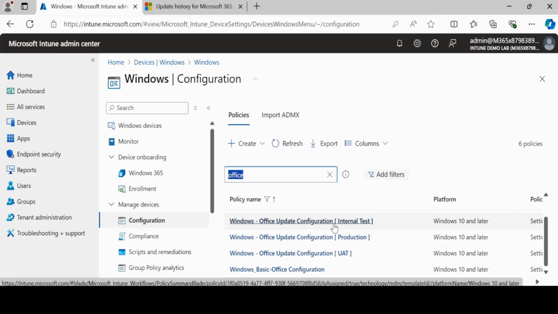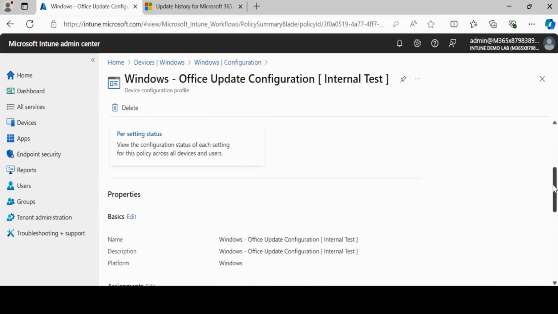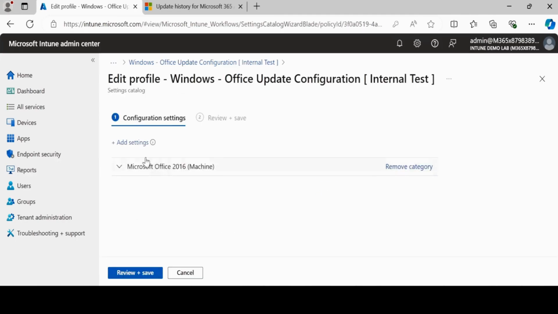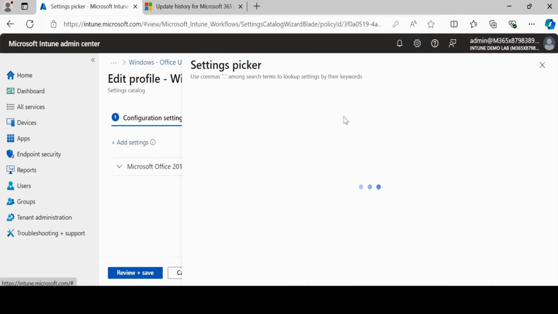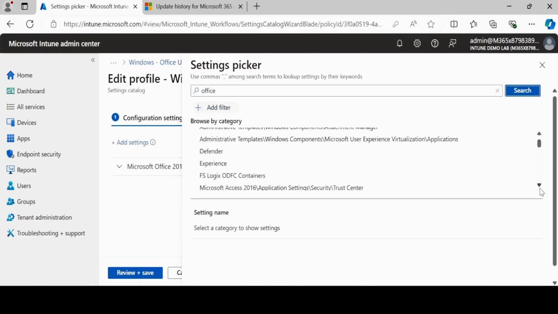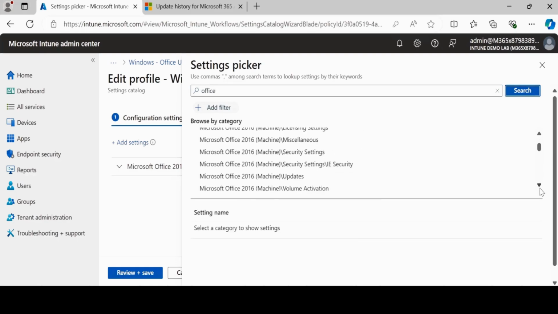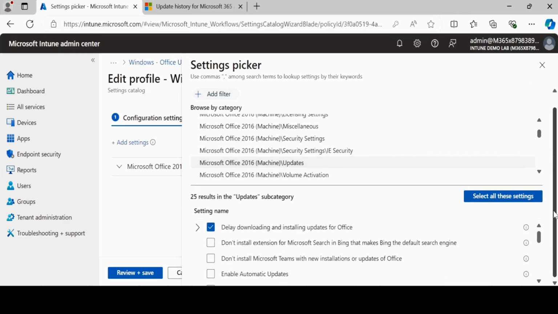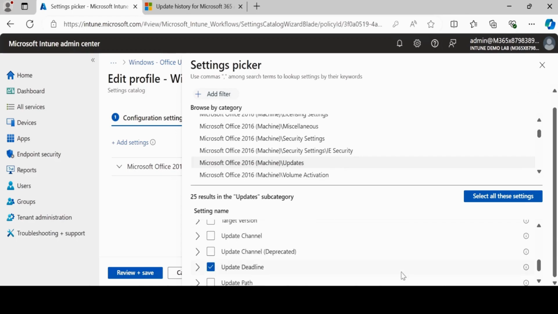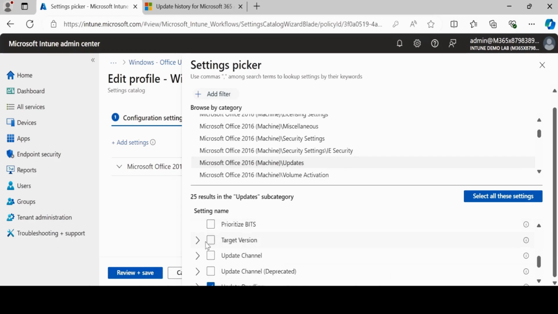So to do this, let me click on this, then go down and edit the configuration settings. Here we have to add a setting, and search for Office. Within Office we have to select Microsoft Office 2016 machine updates, and then add a setting called target version.